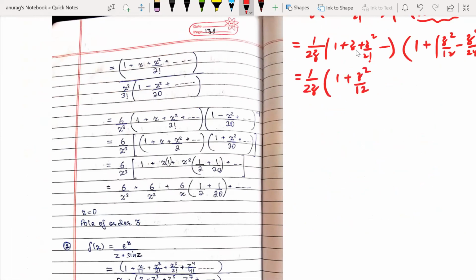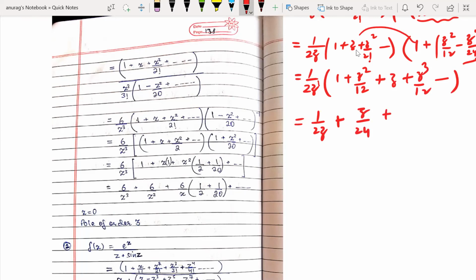I am taking terms up to where you get a negative power. If you have a constant term, because it is degree 1, whenever you get more than degree 1 terms in the numerator, your power will become positive. So that is actually the analytic part in the Laurent series, which is meaningless here. We are interested in the negative powers of z, which means we are interested in the constant term only. So I'm neglecting this term also. Now if you multiply z with 1 plus z cube by 12, and I'm neglecting higher order terms also, it can be written as 1 by 2z plus z over 24 plus 1 by 2.